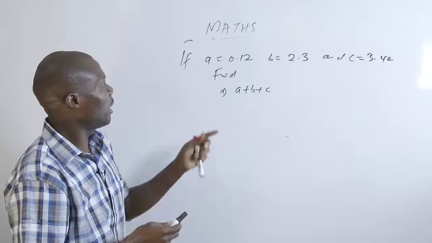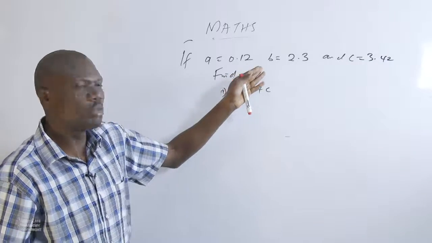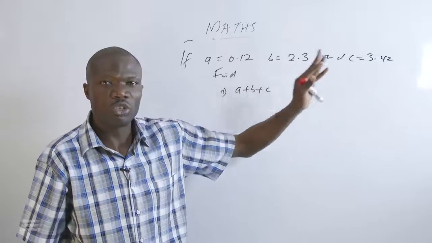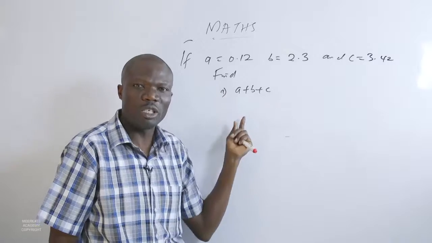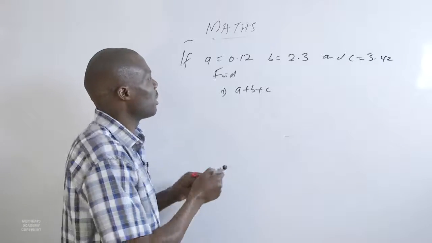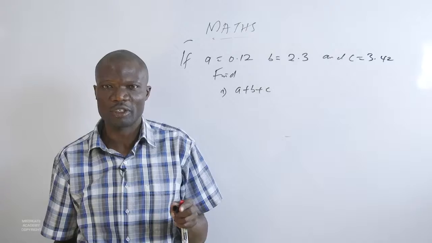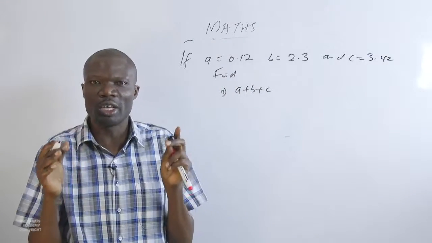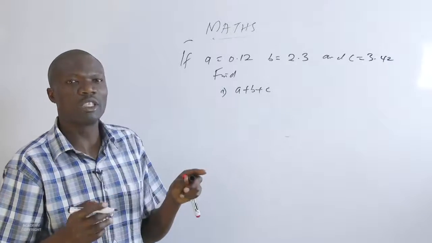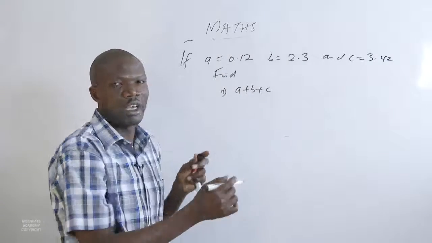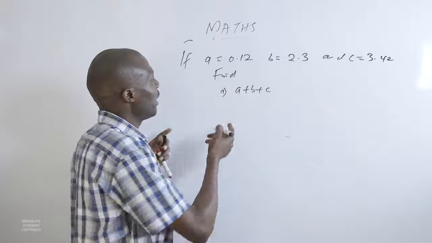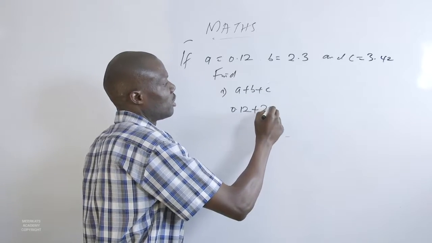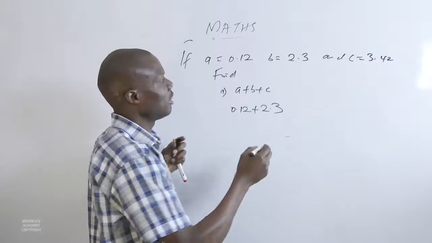Now, given A is 0.12, B is 2.3, and C is 3.42. Find A plus B plus C. You see, we've been given here an expression, but we have their values there. We must be able to handle it by substituting correctly. To substitute this, where we have A, put the value of A. So we can write this and say A is equivalent to 0.12 plus B, which is 2.3, plus C, which is